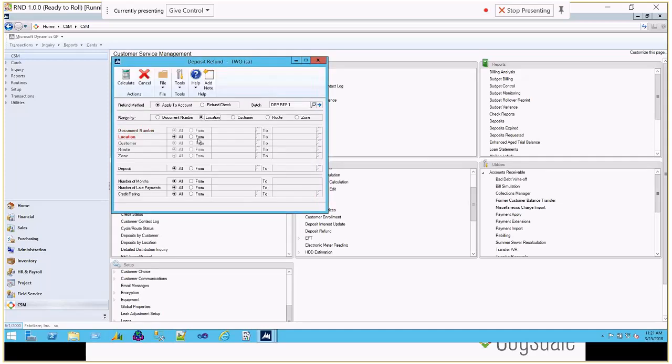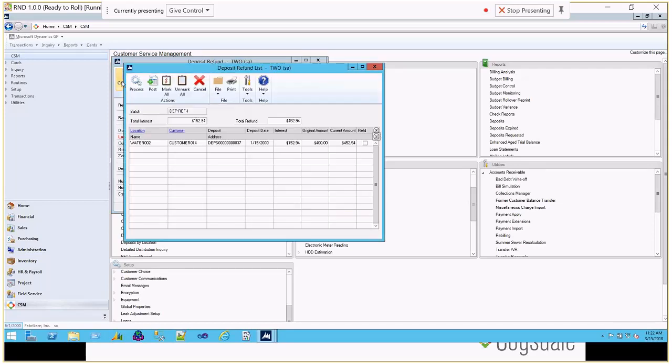And I will select just this particular location so that's more clear. We can see that the interest is calculated. I did put a pretty big interest rate just to make it simpler so we can see exactly the amounts. So if I process this,